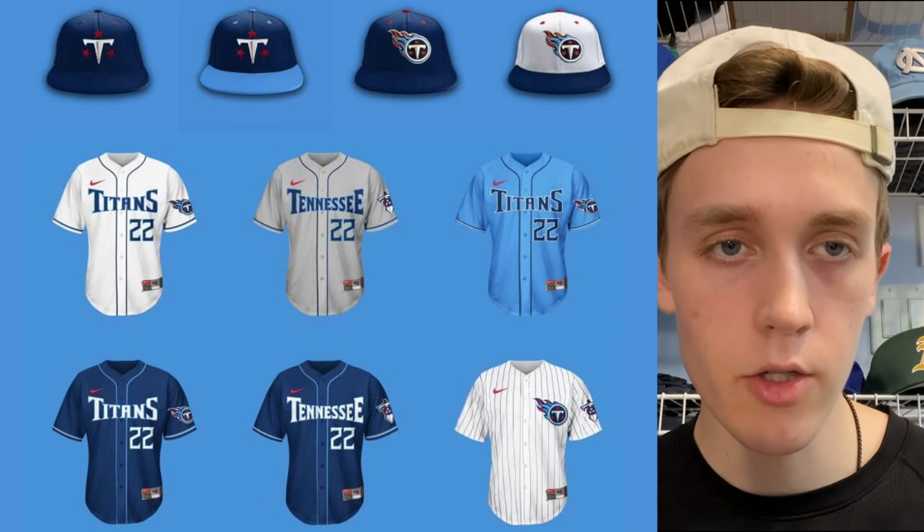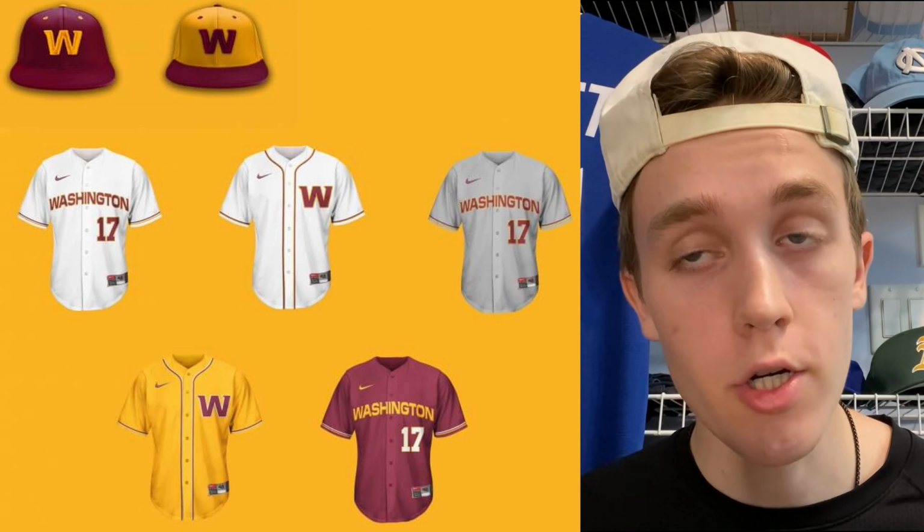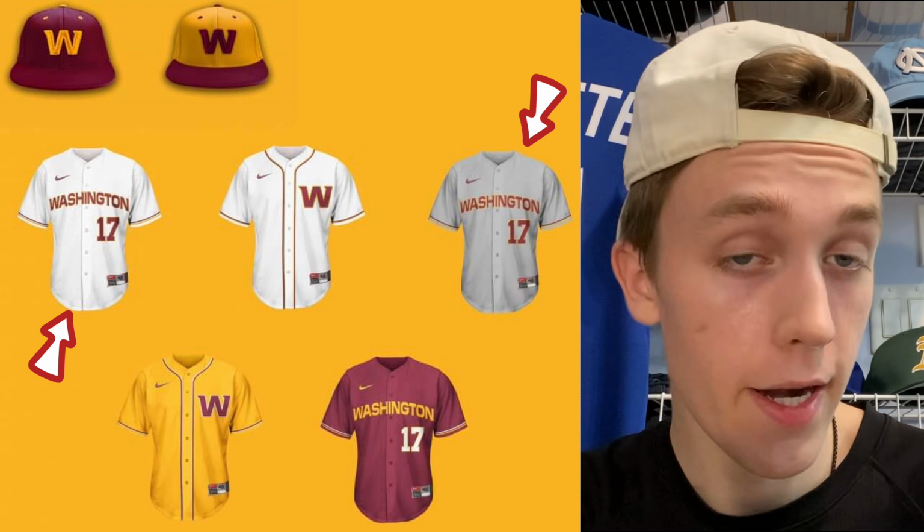Tennessee, these are decent uniforms. I'll go with the teal blue and then this hat. Washington's rebrand was very boring, I gotta say. I do think maroon and yellow are still really underrated colors, so I'm glad they kept that. These uniforms actually are pretty solid. I think the gray and white actually look pretty good here too, but we'll go with...